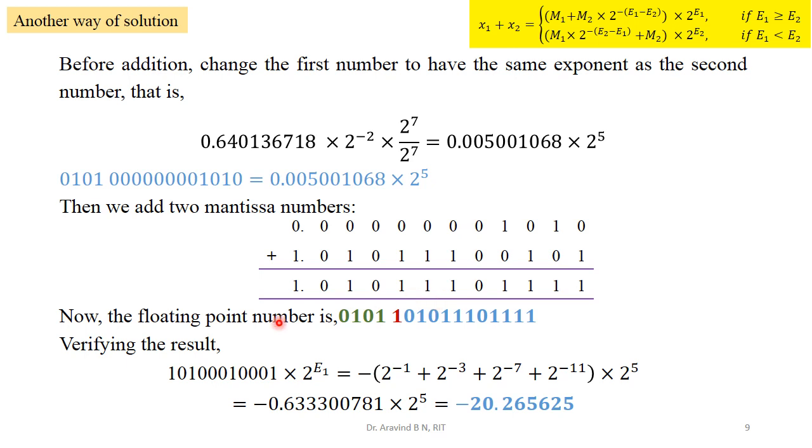Now the final result is going to be the exponential and the mantissa. The mantissa is what we obtained over here, and the exponential is nothing but into 2 to the power of e1. After modification, e1 is going to be the value 5. Therefore the equivalent binary representation is done over here, 0 1 0 1. Then this is the mantissa, and this red color one represents a negative number.